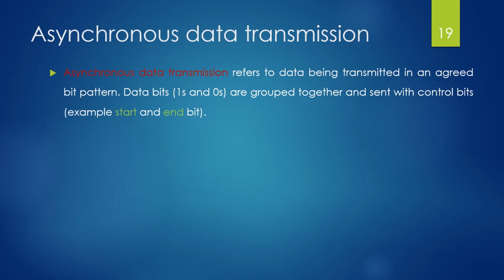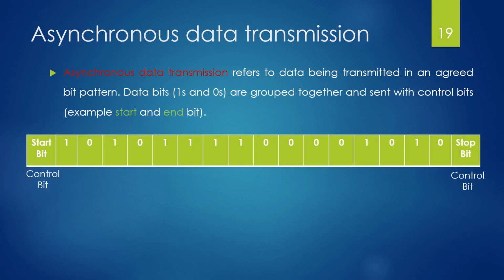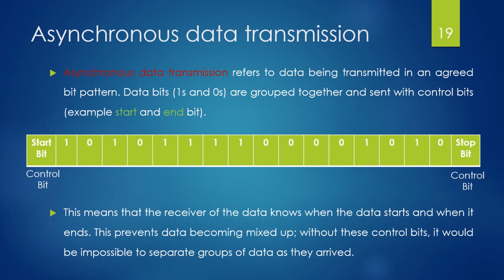So data bits, that is 1s and 0s, are grouped together and sent with control bits. For example, we have start and end bits. As you can see in the picture here, we have a start bit and a stop bit, that is the end bit. They are control bits, of course, and in between we have the data bits. This means that the receiver of the data knows when the data starts and when it ends. This prevents the data being mixed up, and without these control bits,